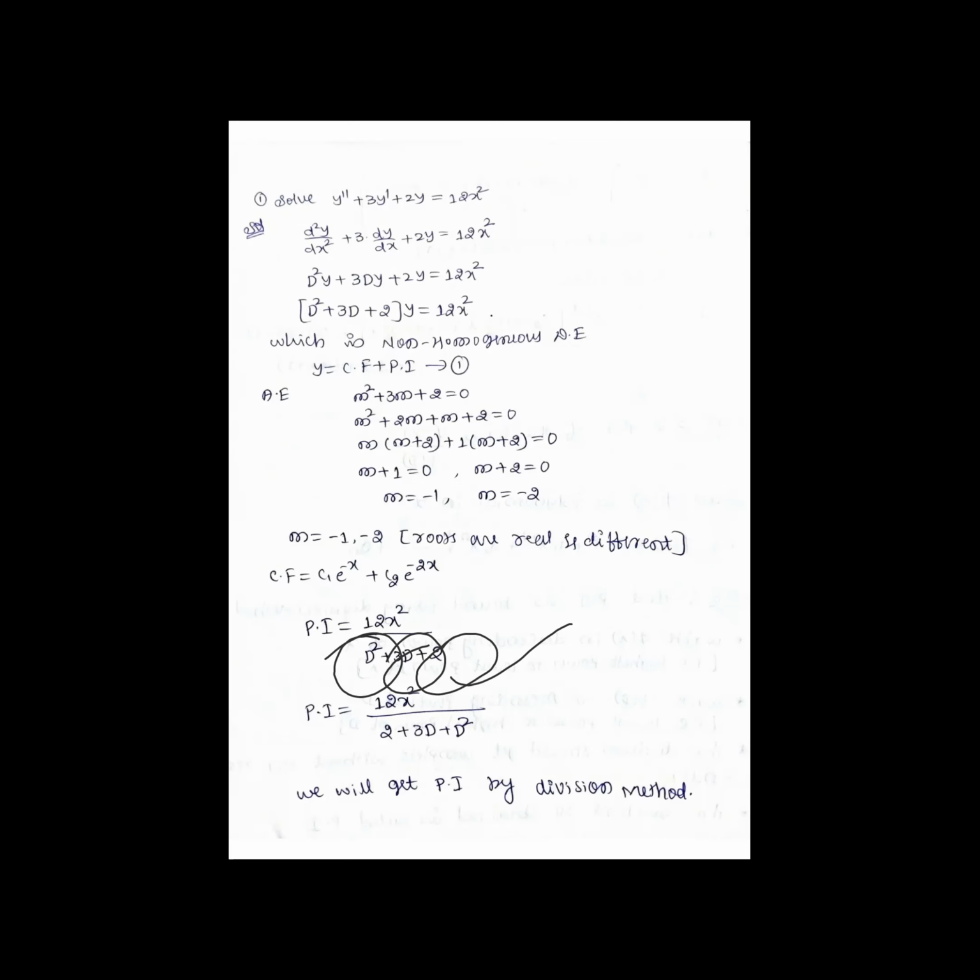Okay, so in the numerator there is only one term, so we will not bother about that. In the denominator, first the lowest term. So what is the lowest term? That is the constant term. Next lowest term, that is 3d. Next, that is d square. So go from the lowest term to the highest term. Now after doing this, only then we apply the division method.